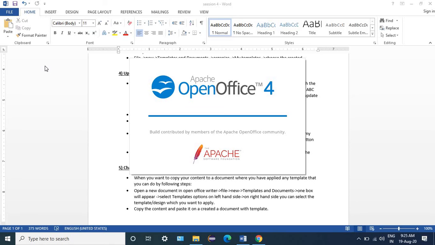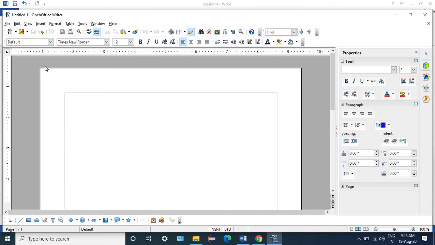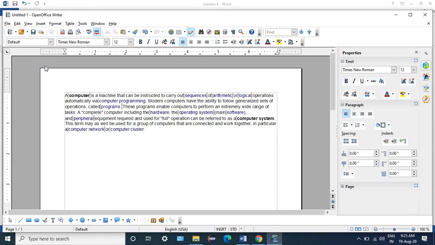Here I have some content which I have recently copied and pasted from the internet. That is my content. I want this content to come into my template, or I want to take this content to the template. So class, we need to use a very old tradition like copying and pasting. So I am pressing Ctrl+A to select all and Ctrl+C for copy, and I am going to a